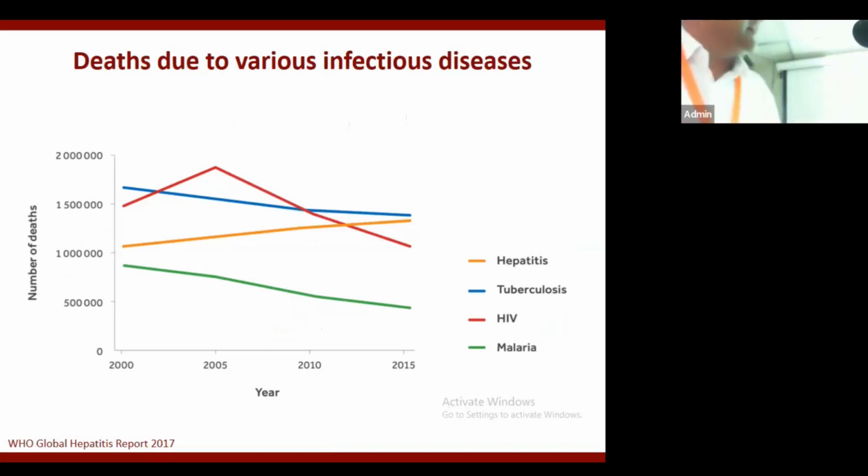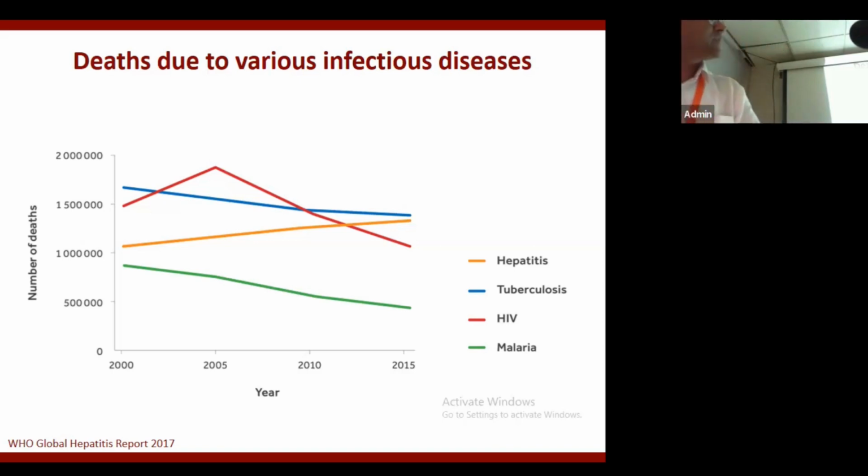The reason why we are talking so much since 2009 and 10 about hepatitis lies in this slide. If you see, there are 4 lines showing different conditions from 2002 to 2015, the number of deaths due to each of these diseases. You can see death from tuberculosis is reducing. Due to HIV, it is reducing. Malaria is reducing. These are the 3 major global diseases for which the global fund is available. HIV, tuberculosis, malaria. Each country has national programs for these diseases.